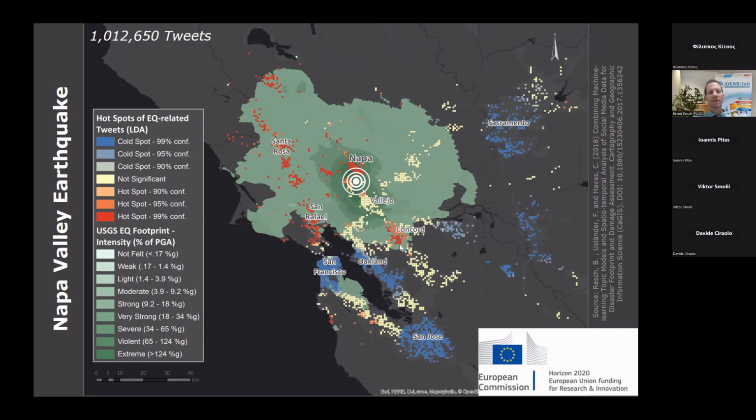And then we also identify these transitions from red to blue, here between Concord and Oakland, here between San Rafael and San Francisco, or between Napa and Sacramento. So what it shows is, and we have, of course, statistically proven this, is that social media and their analysis, if done properly, gives us a pretty good view of the world in a number of use cases. Good, so this was the earthquake use case.